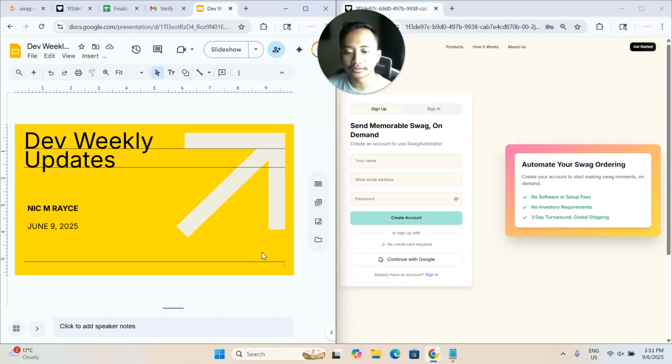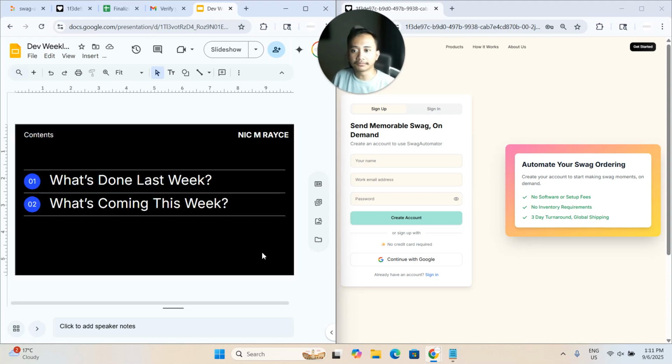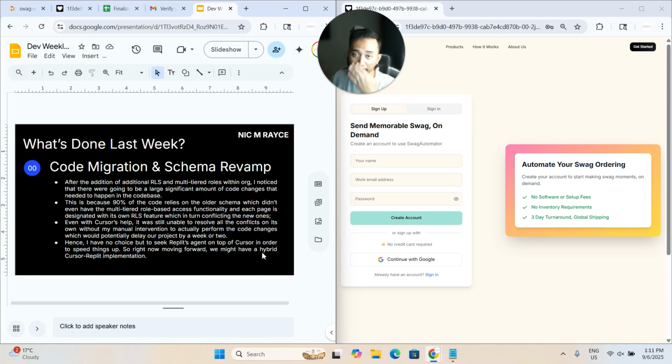So this is the second weekly update that I'm going to share with you: what has happened last week, and what's coming this week. First things first, before I go on with the presentation and the demo, I'm just letting you know that I've done